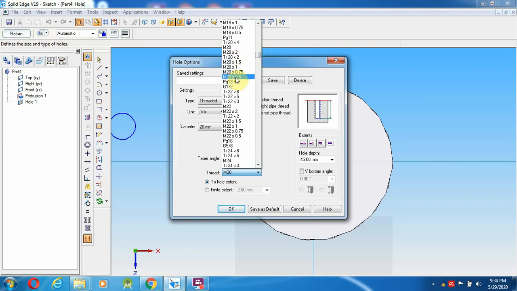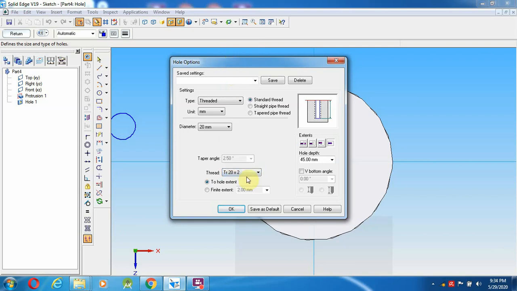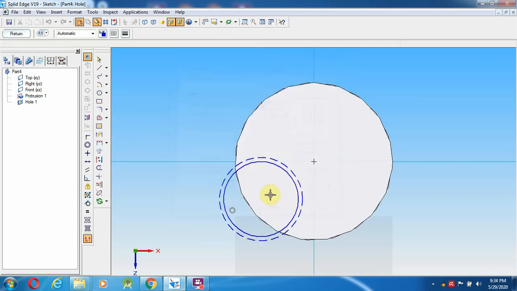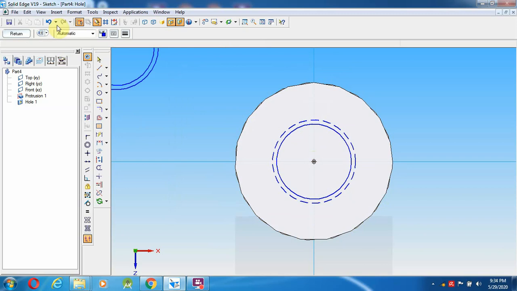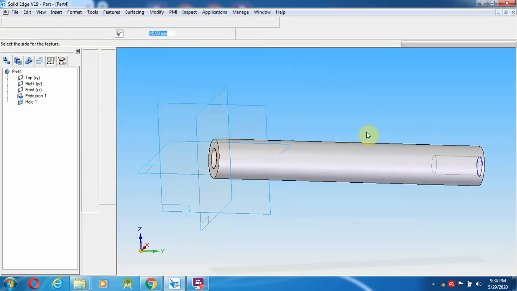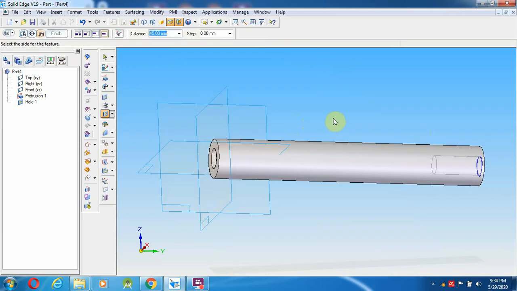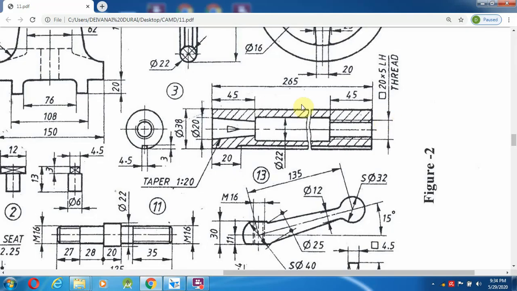TR 20 into 5 is not given, so you can select TR 20 into 2, then give what I am going to keep over here, then give return, left and right click. So these things are done.